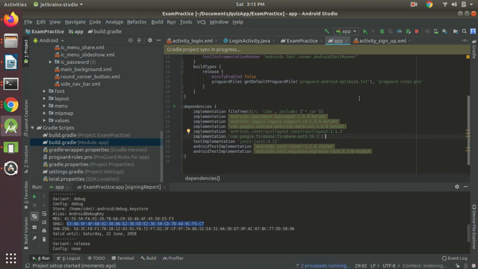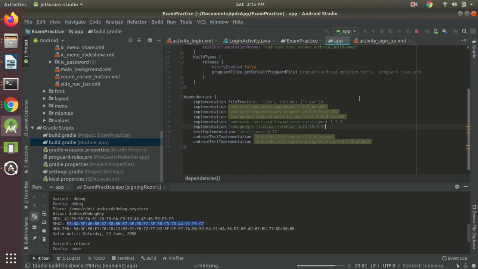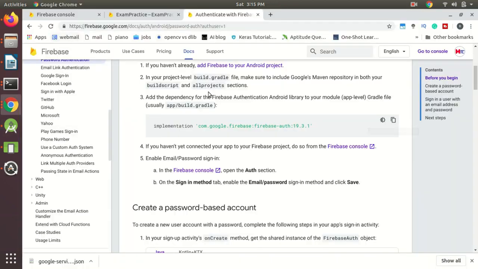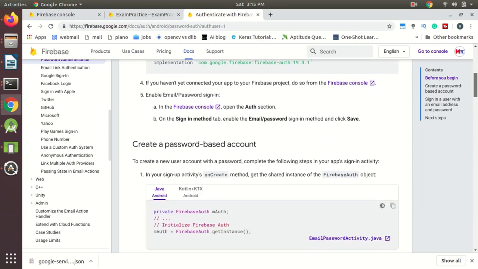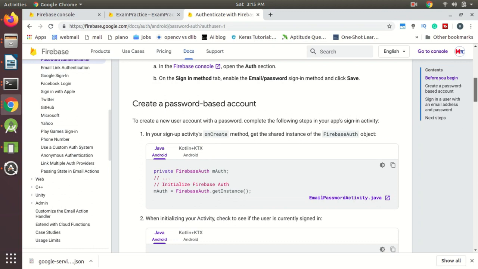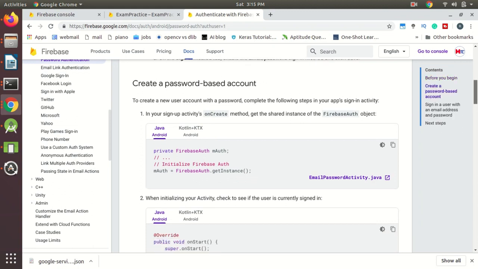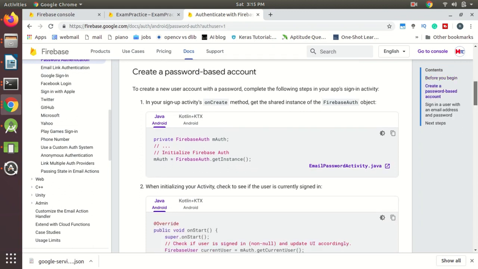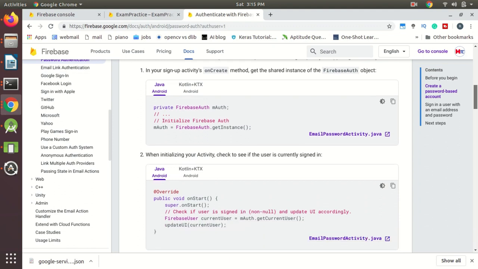So now we have Firebase authentication dependency also. Okay, now come back to the documentation, Firebase documentation. Here we have added our app already. Now we want a login functionality. So for login functionality,